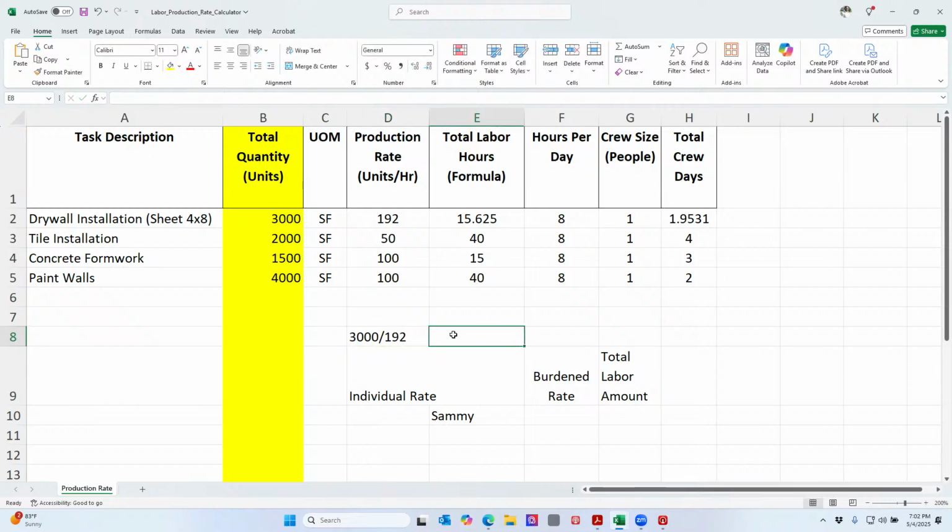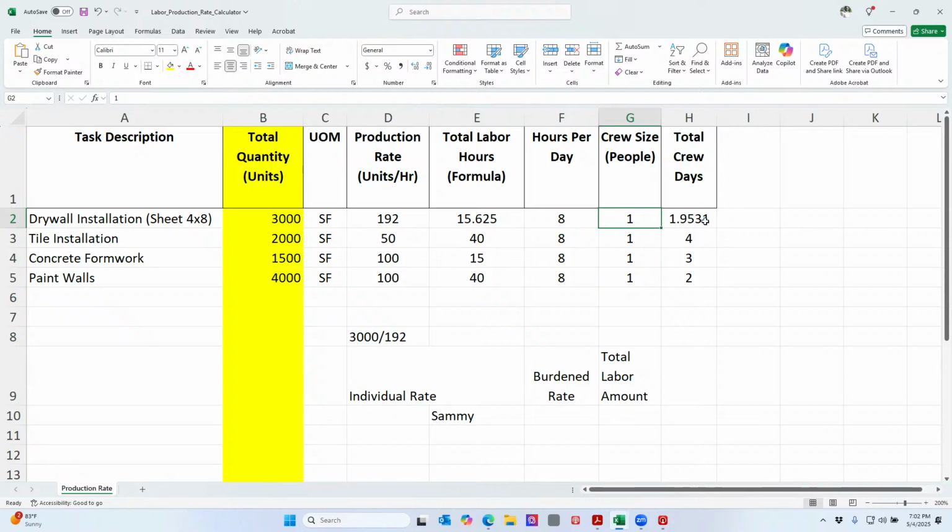Okay, and then that number is going to give me 15.6 labor hours. Okay, so that's how long it's going to take me, 15.6 labor hours to hang 3,000 square foot of drywall. Okay, and factoring it's an 8-hour day and it's just me, it's going to take me really